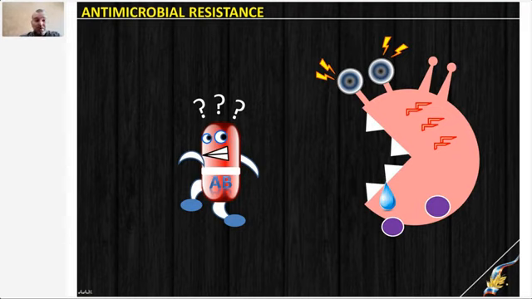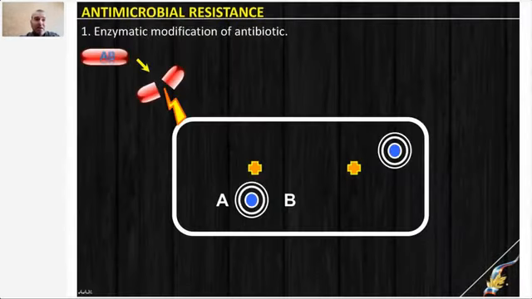But the very first question when resistance appeared and became known was how it is possible that microorganisms which a day ago were susceptible became resistant to that antibiotic. And nowadays we have multiple different mechanisms described of how bacteria can resist the activity of antibiotics. We will list the main ones, 6 mechanisms of antimicrobial resistance.